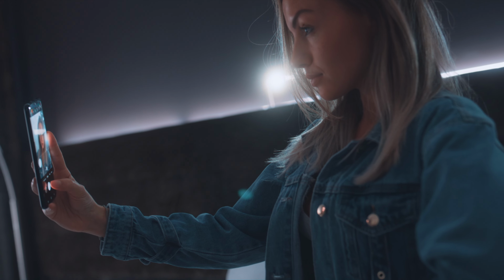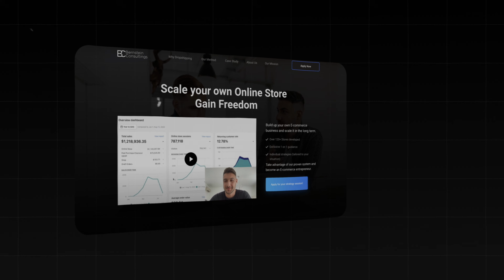And keep in mind, even if you have a ton of money, you should still do organic, because guess what? What you're gonna do then is you do organic, and then you start hiring a bunch of creators who are also gonna do organic for you, and then you scale that way and leverage your money with creators. This is how you should do it versus trying to make Facebook ads work. Because literally it doesn't matter how much budget you have, organic is gonna be easier to make work as a beginner.